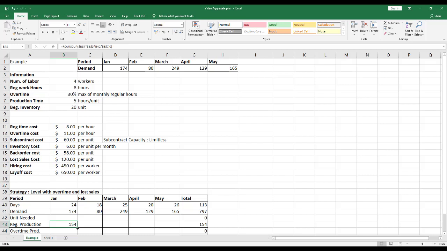After that we can copy it until May. And the unit needed is the same for the first month. We only have to subtract the demand with beginning inventory,